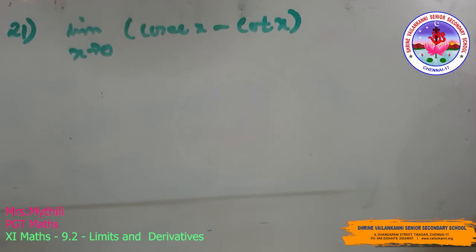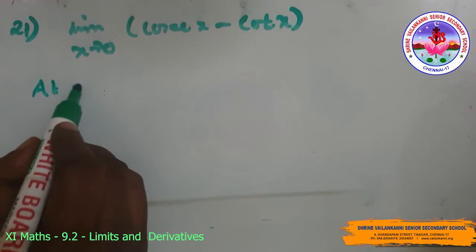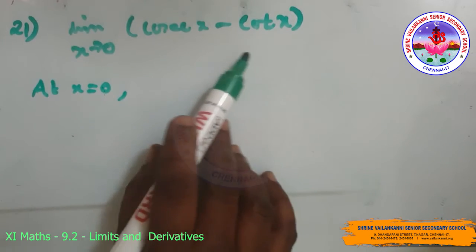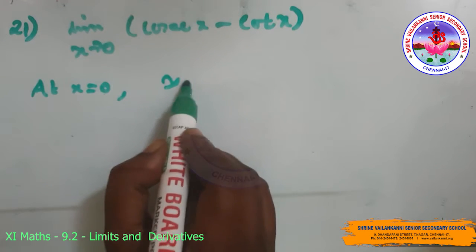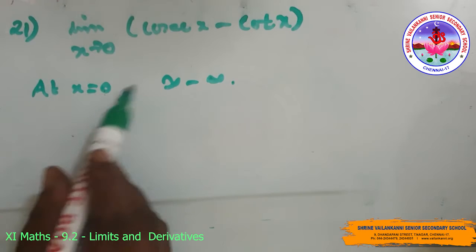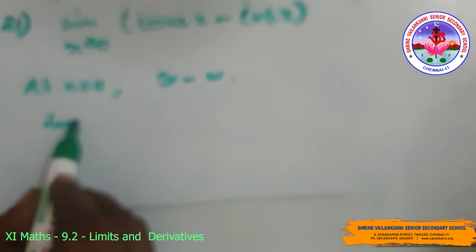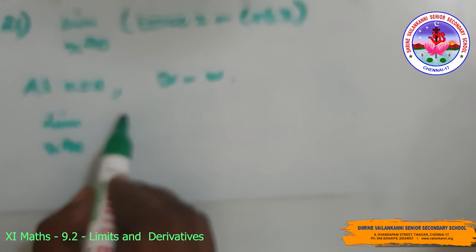Hello children, exercise 13.1, question number 21. Evaluate the given limit. Limit x tends to 0, cosecant x minus cot x. At x equal to 0, the value of the given function takes the form cosecant 0 minus cot 0, which is infinity minus infinity. So we are writing this limit as limit x tends to 0 using law of reciprocals,